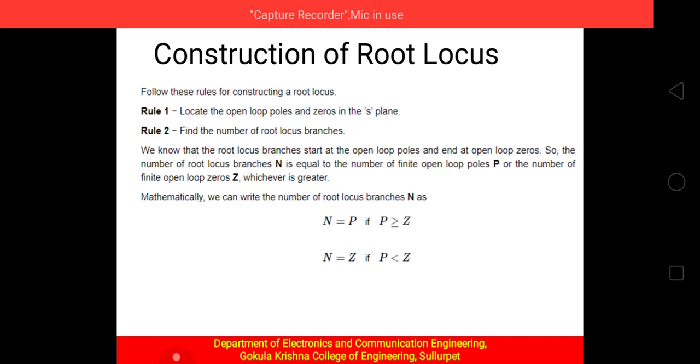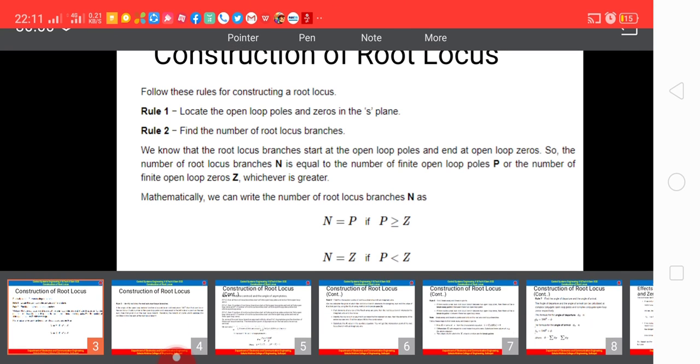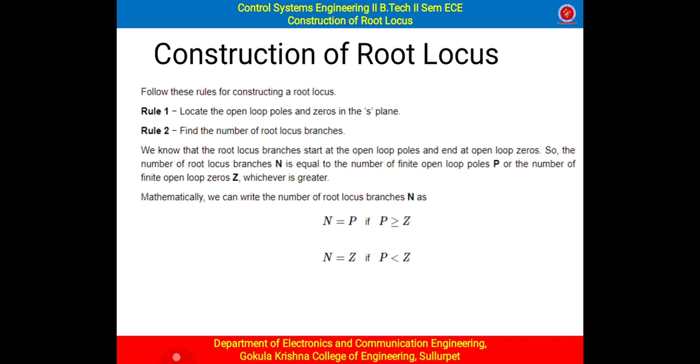In the earlier video lecture we discussed the basic fundamentals of root locus, where we discussed that a root locus is a plot of the open loop control system's poles as gain varies from 0 to infinity. Okay, and also we have discussed where the branches start from, as well as where they go. So we have discussed these things, and in this lecture let's see the rules which we use to construct